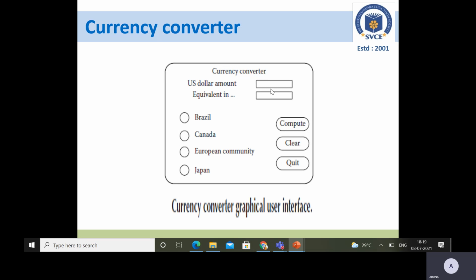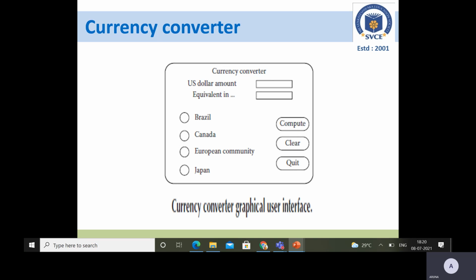Once the user has entered the value in US dollars and selected the particular country, clicking compute will convert that US dollar amount into that country's currency.